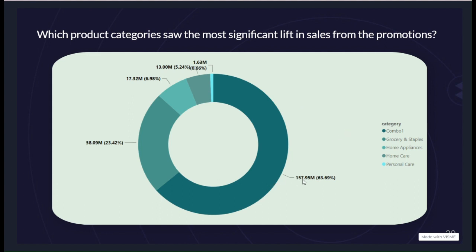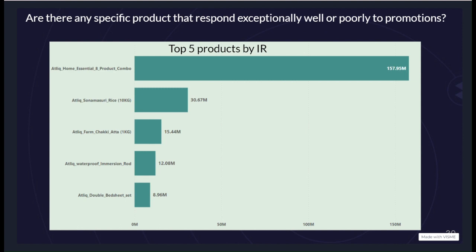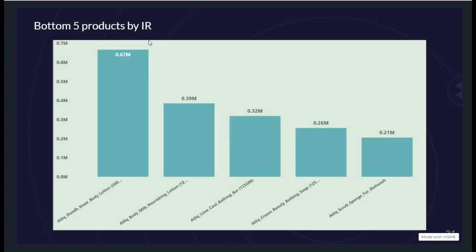Here combo 1 generated 157.95 million revenue, and grocery and staples is 58.909 revenue. Move ahead. So the next question is, are there any specific products that respond exceptionally well or poorly to promotion? Here, Atliq home essential 8 product combo are the top products, that is, they generated the highest incremental revenue percentage. Now we will talk about the bottom 5 products by incremental revenue. Here, Atliq crumb sponge are the worst product in terms of incremental revenue, that generated very little revenue, that is